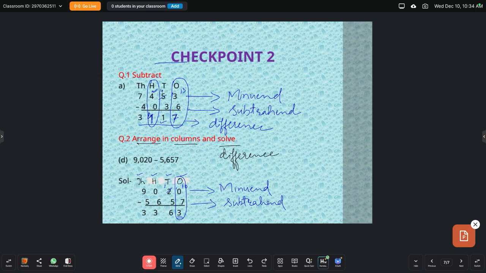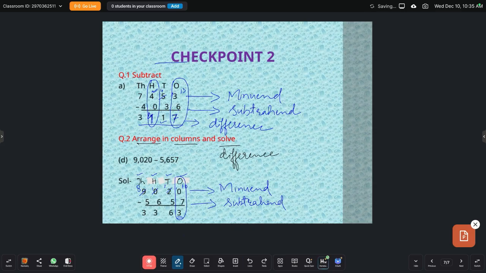Now move to the next column. It is the tens column. Here we now have 1. So we need to borrow from the hundreds column. But can we borrow from this 0? No. That means we have to borrow from the thousands column. In the thousands column we have 9. This 9 remains only 8, because it gives 1 to the hundreds column. Now from the hundreds column, this 2 will borrow 1.